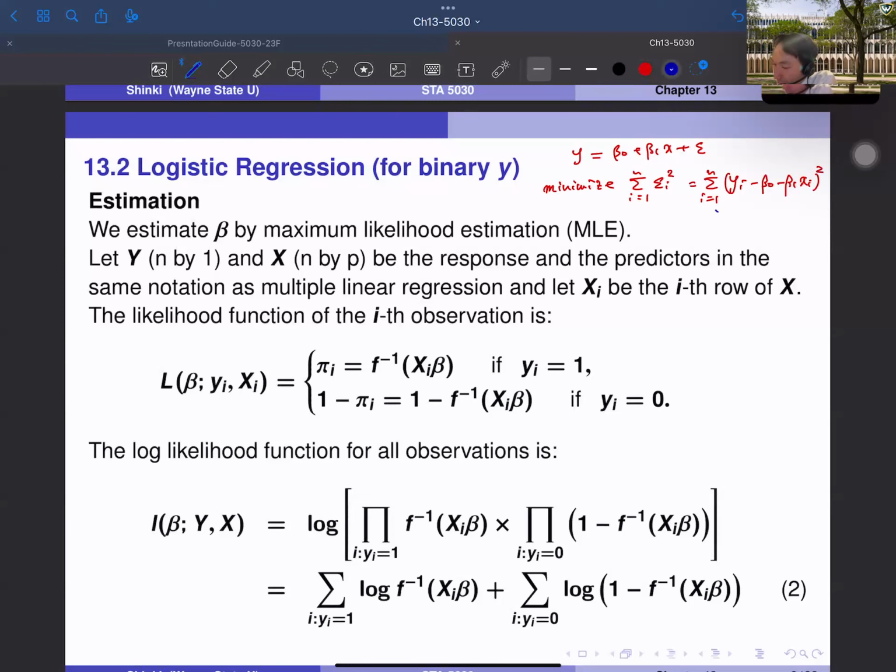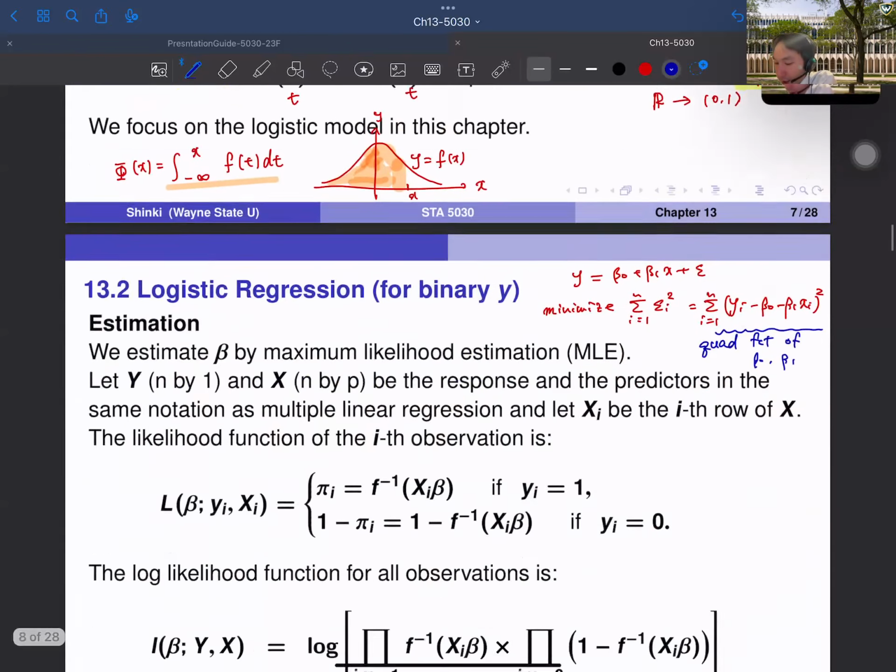And remember that this was a quadratic function of beta naught and beta 1. So a quadratic function is probably the easiest function to minimize, right? So that's why we do some linear algebra to calculate beta naught and beta 1. But in